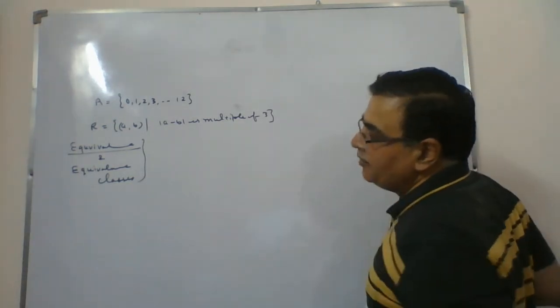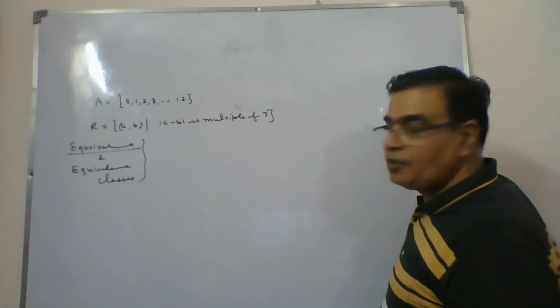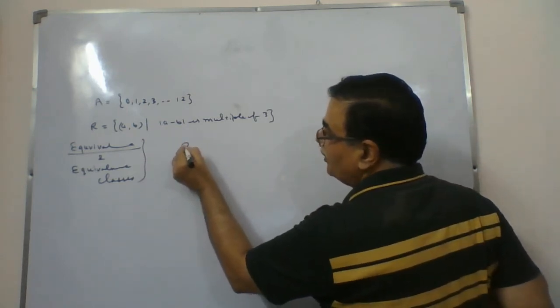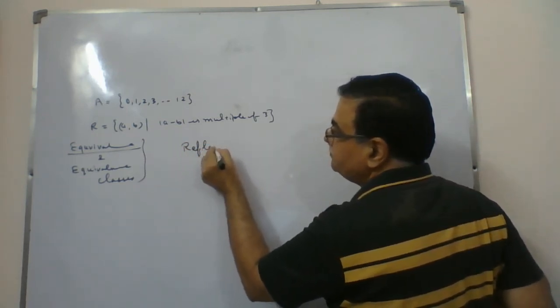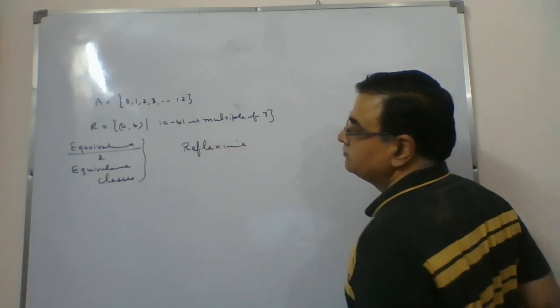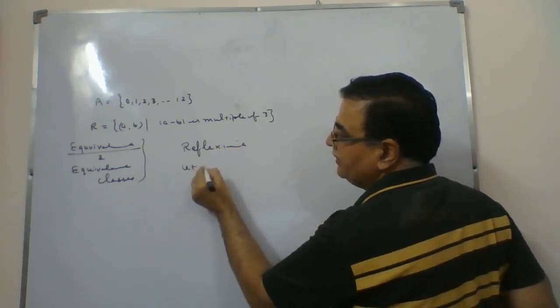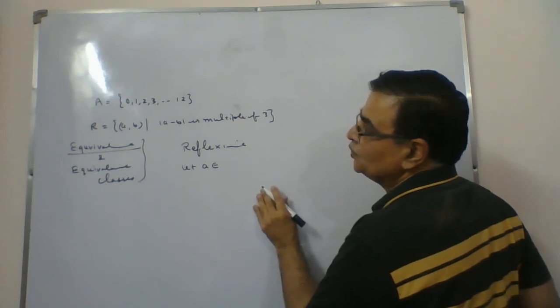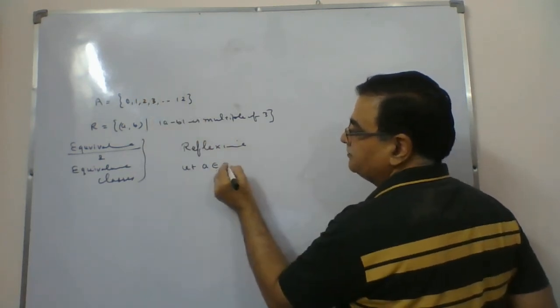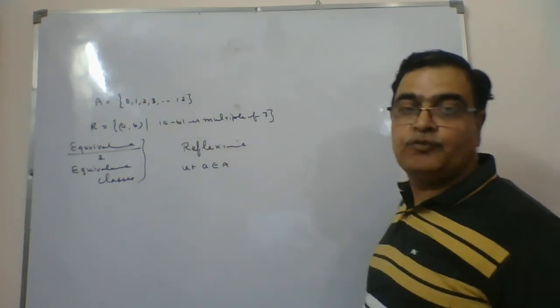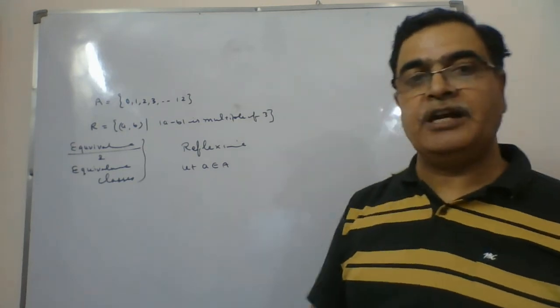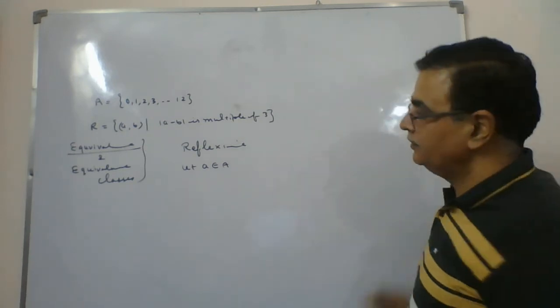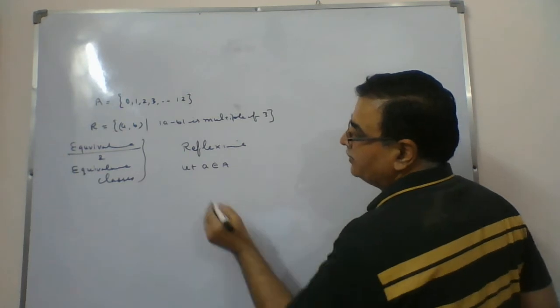First thing, our aim is to find out whether it is an equivalence relation or not. So first we go for the reflexive relation. So reflexive, we'll start with: let A belong to set A. Then what do I have to prove? We have to prove that each and every element should relate with itself. So A belongs to A, then we know